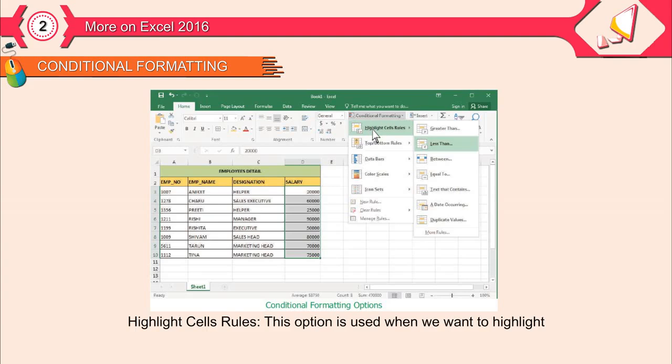This option is used when we want to highlight all the cells satisfying a given condition. Top or Bottom Rules. This option is used when we want to highlight some top or bottom number of items in a data series. Data Bars. This option is used when we want to add data bars, resembling a bar graph, to the cells having numeric